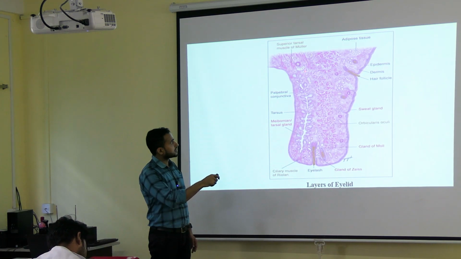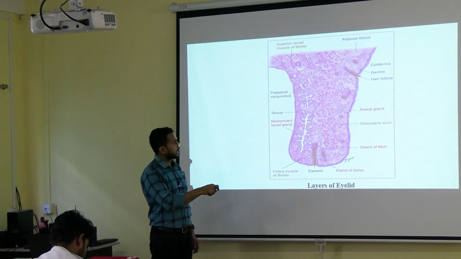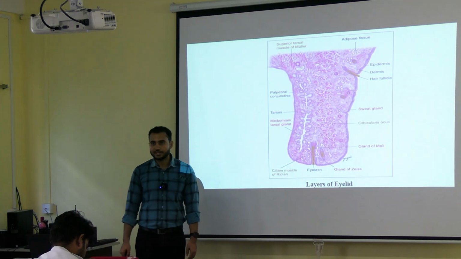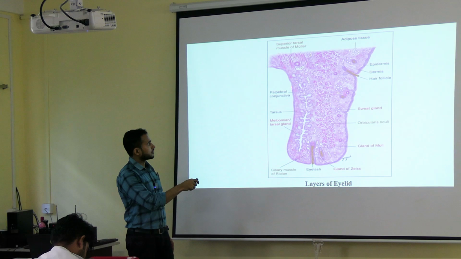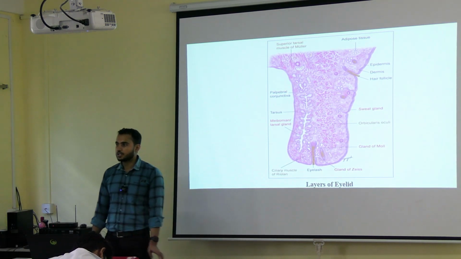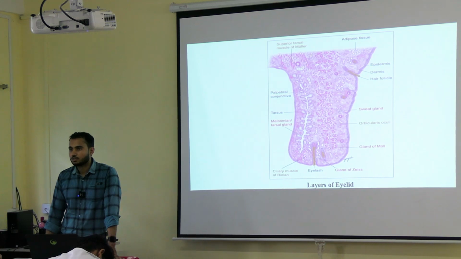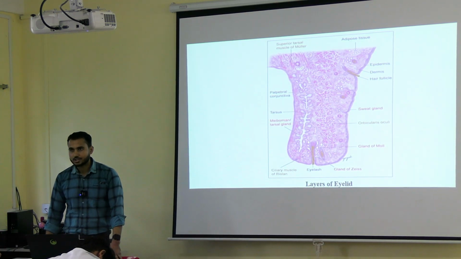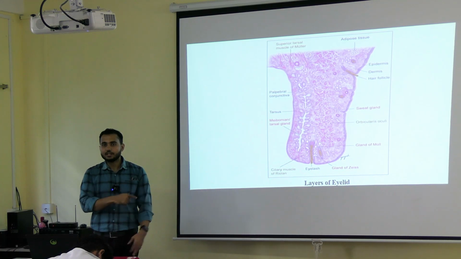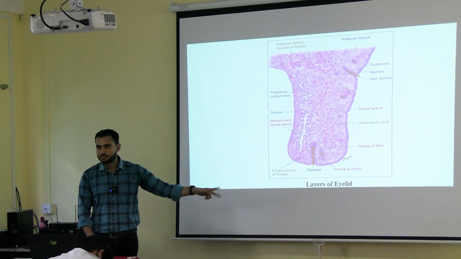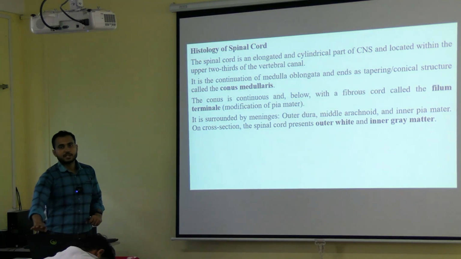Deep to that यहाँ पे tarsal plate रहता है. ये देखो यहाँ पे tarsal plate रहता है, where you can see the tarsal glands, or also called as meibomian glands. And deep to that you can see the palpebral conjunctiva. Okay, which is lined by stratified squamous non-keratinized epithelium. Along with that, some goblet cells are also present. Okay, that is the layers of the eyelid. Okay, so this diagram and the first diagram which I have shown, both the diagrams you have to draw in your practical notebook. Okay, next in the histology of the spinal cord.